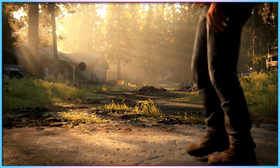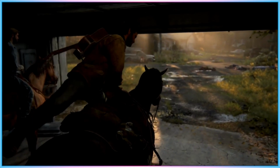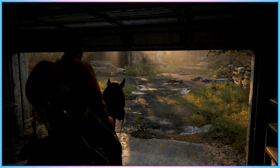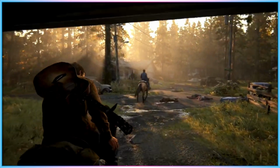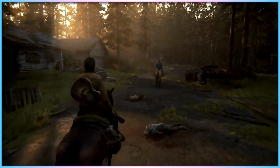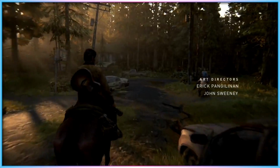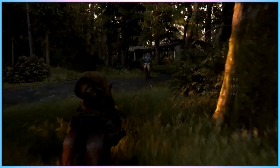Now, we don't know for certain how many of the accessibility settings from The Last of Us 2 are going to be carried over to this new remake of The Last of Us Part 1, but it was confirmed in a PlayStation blog post that the remake will feature lots of new accessibility features that the original game did not contain. Even if we do not see the full suite of accessibility features from The Last of Us 2 carried over, as many of us would hope, it's still confirmed that the game will have more accessibility support options than